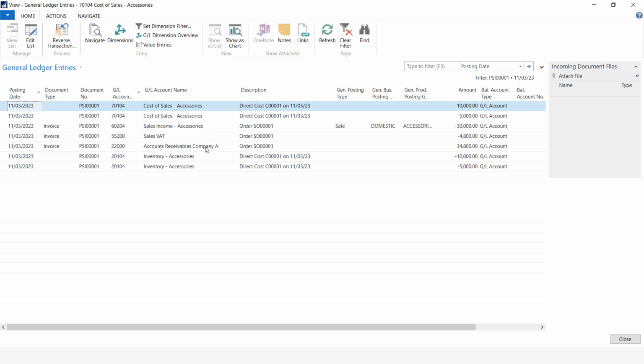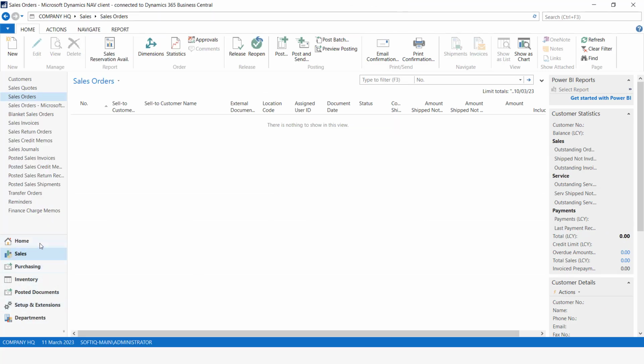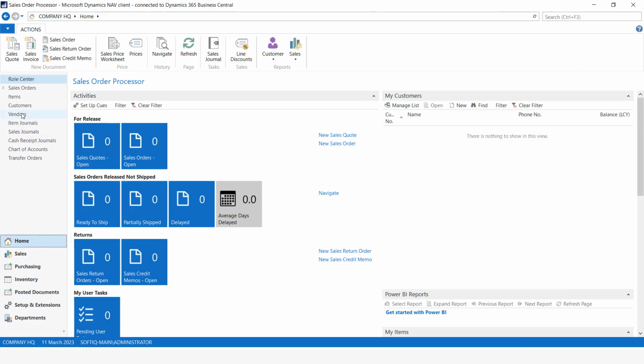It will have hit accounts receivables company A and the rest of the inventory and cost of sales accounts. So our inventory from the HQ company has gone down now with those